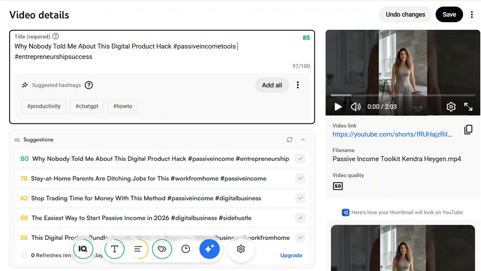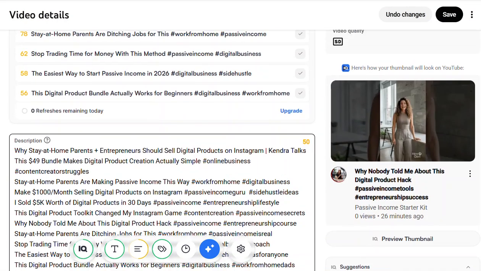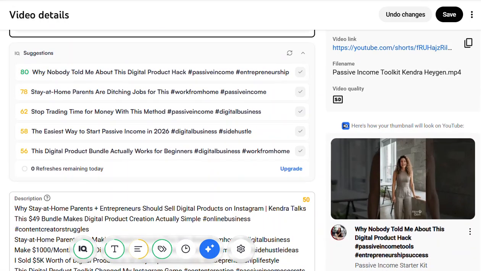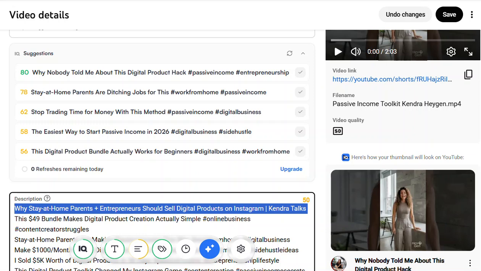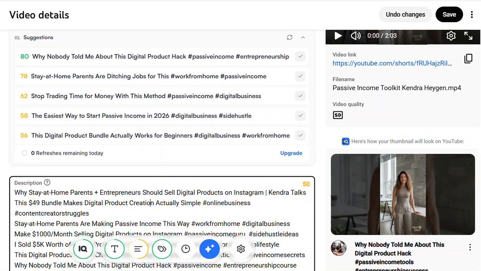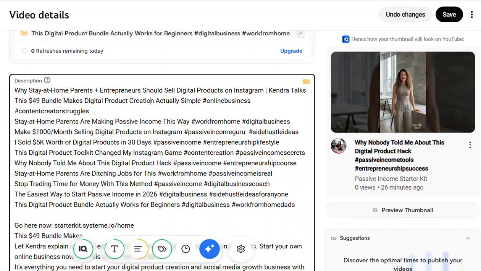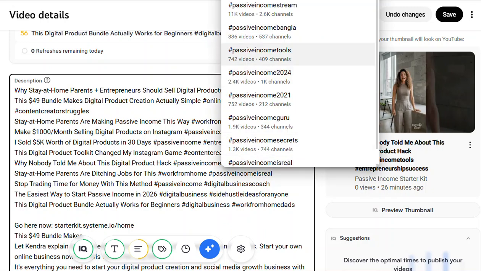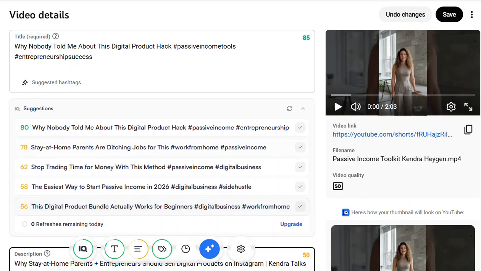Why nobody told me about this digital product hack. I'd like to word it differently. Let me see if I can figure out a better title, but I know it's going to change here. Even if I say I like stay-at-home parents, because it's targeting them as well, but I do have it in here. It's kind of like, okay, tricky. You know what? Let me use my original because I do have this title, Why Nobody Told Me, right there. Okay. And I'm going to change that hashtag to tools. All right. I'm going to use my original title